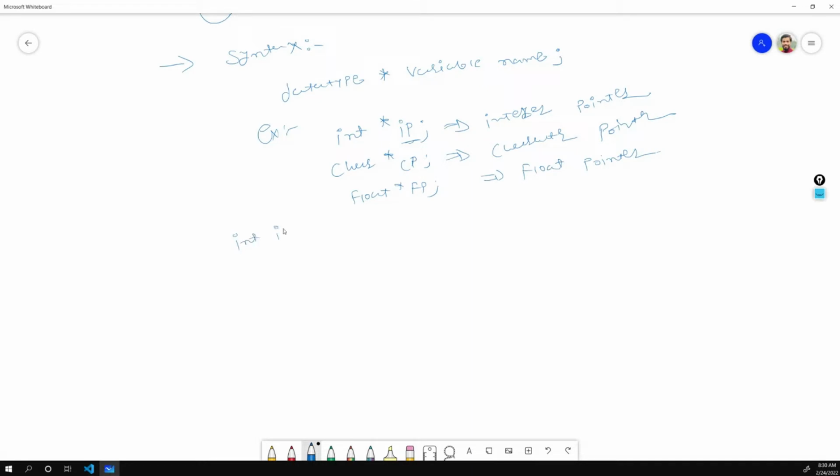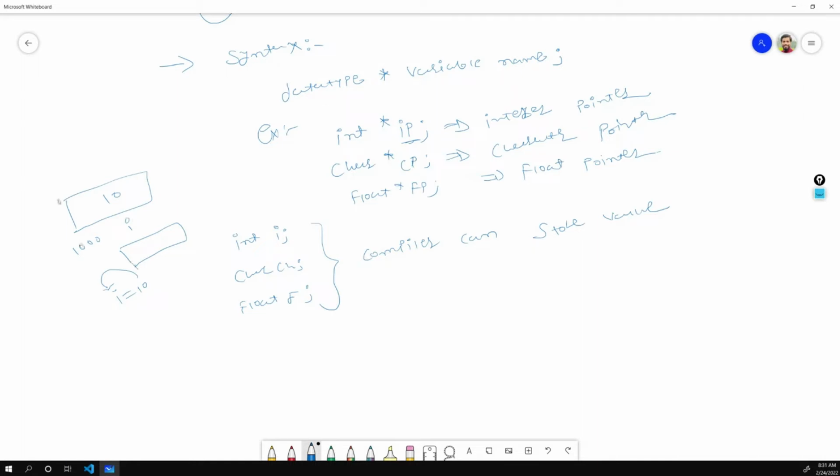Once I write int i, char ch, float f, which are the normal variables we have used till now, the compiler can store one value. So whenever I do int i, then i is equal to 10, the value 10 will be stored inside the variable i. Inside the memory there is one memory space available. Suppose the location is 1000. There is i. Once we do i equals 10, at that particular memory location our data 10 will be stored. Similarly, suppose I have written char ch,